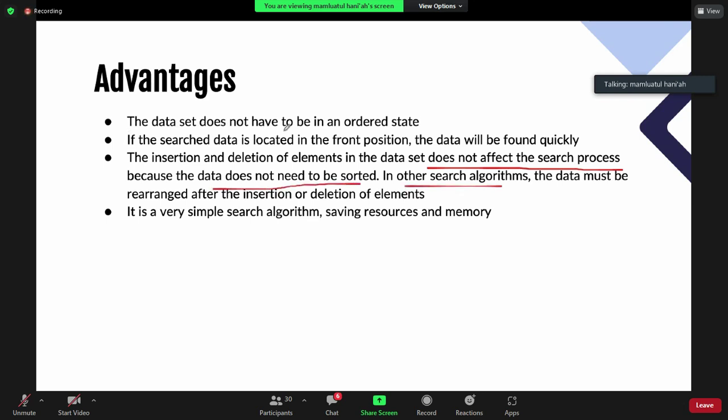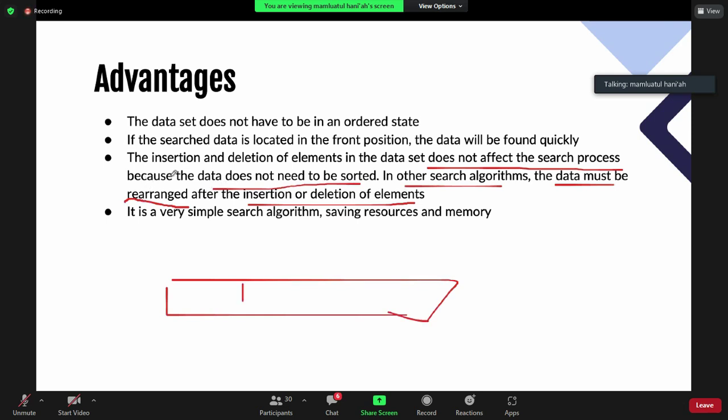In other search algorithms, the data must be rearranged, or we need to sort it again after the insertion or the deletion of an element. Maybe if you have 5 elements, when you delete the data in here, you don't need to rearrange your data.